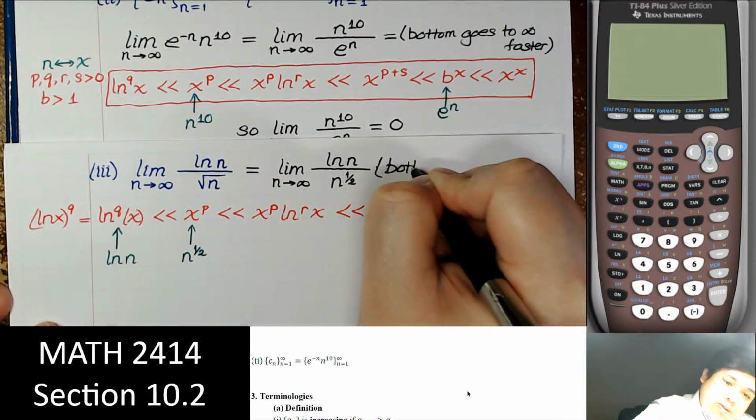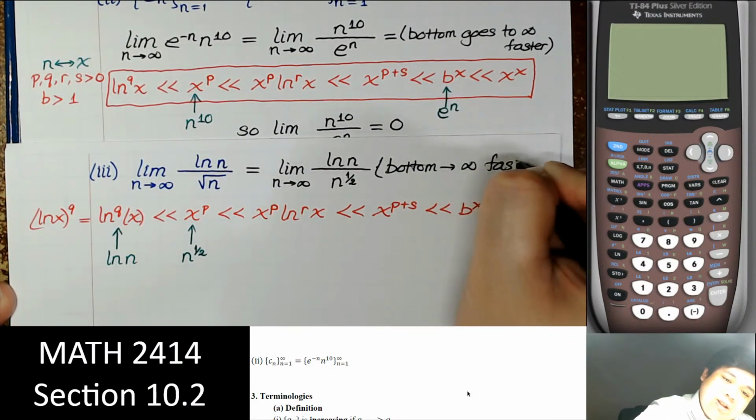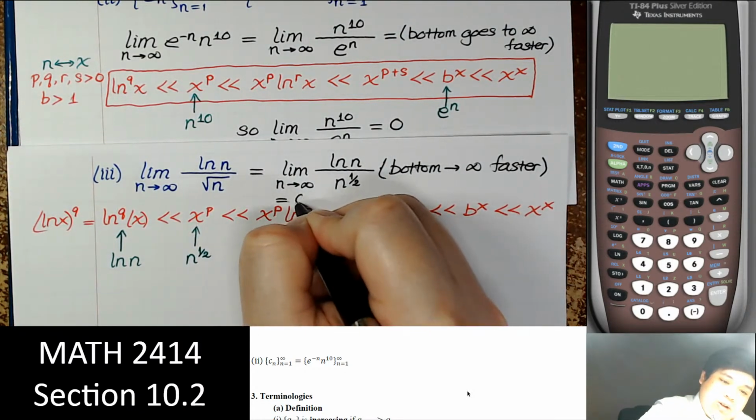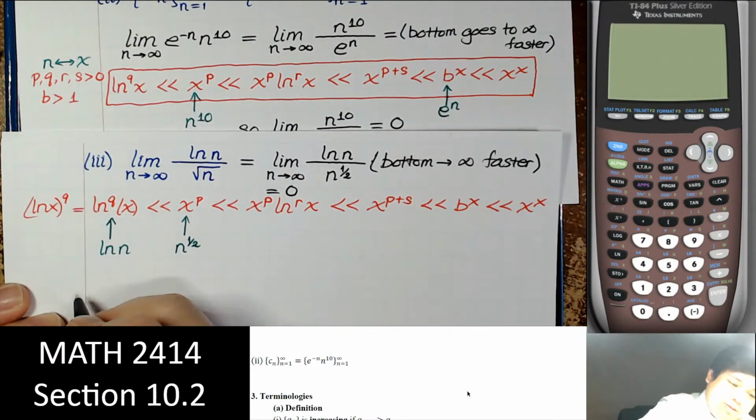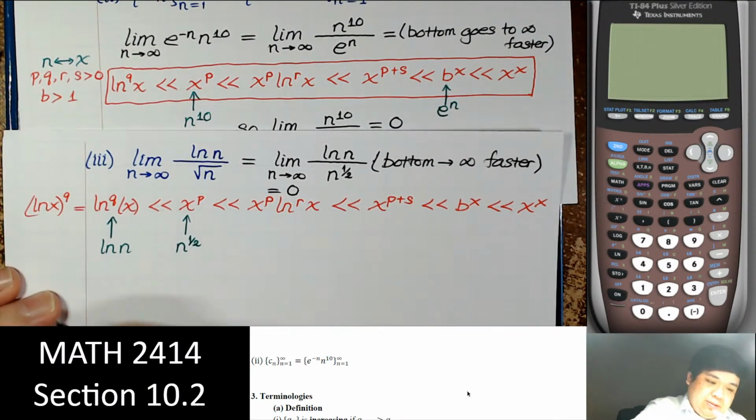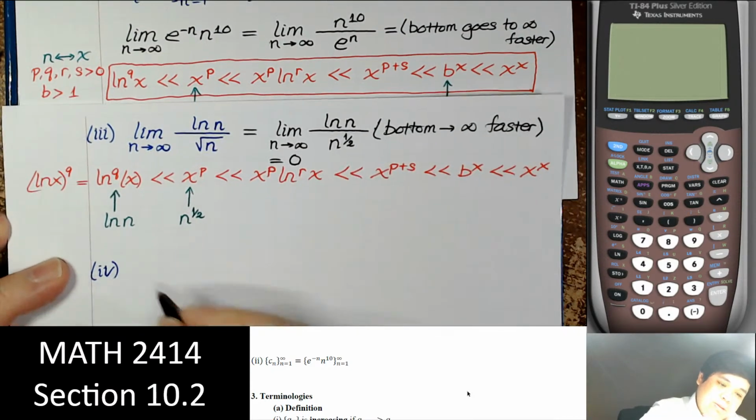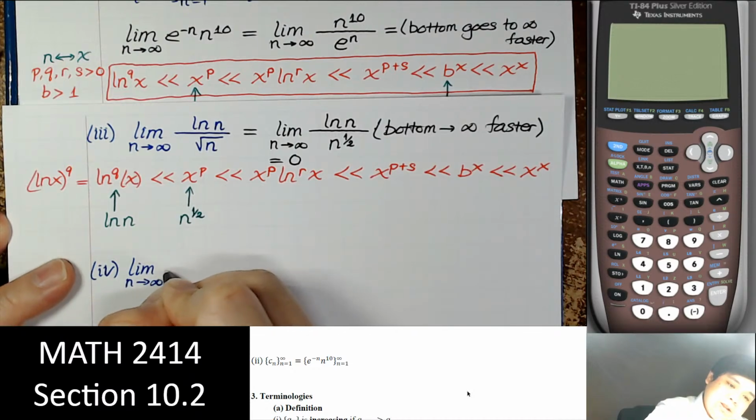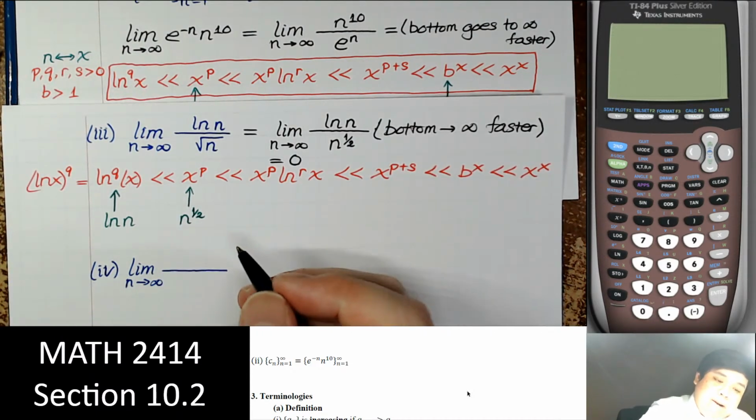Which one? Again, the bottom is bigger than the top, so this one equals 0. So we have the bottom goes to infinity faster. So this equals 0. Like I said, we need a lot more examples. How about we find the limit of